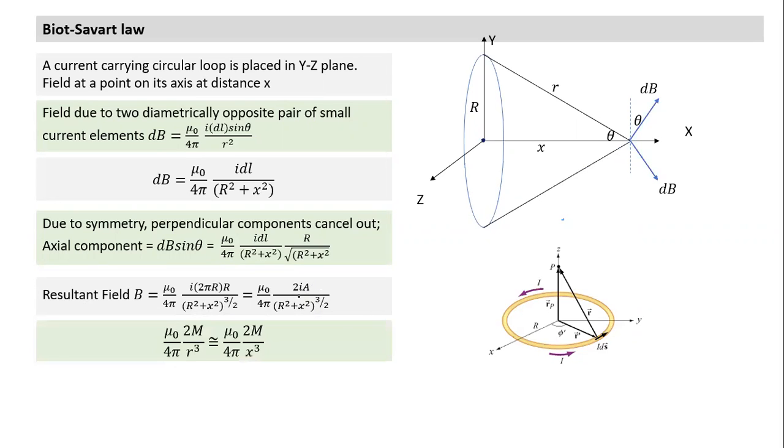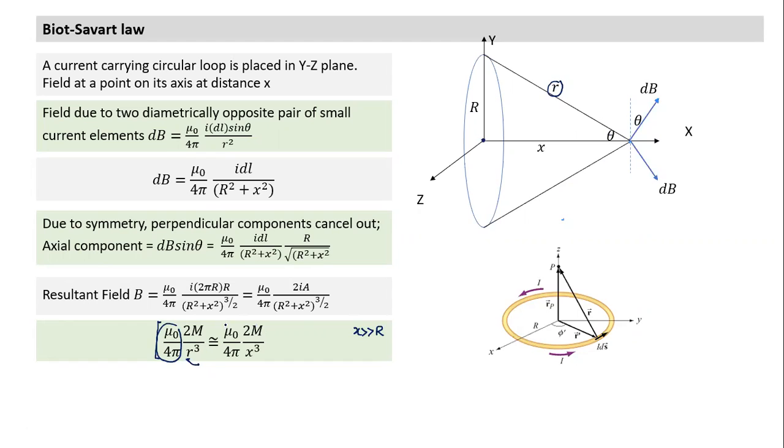Field on the axis of the circular loop, I think this may be a little easier form to understand. This is a constant term times twice the magnetic dipole moment divided by r cube. What is r here? r is the slant distance or inclined distance, so it depends on the cube of this distance. But when x is much larger than the radius of the ring, the theta becomes much smaller, and r becomes equal to x.